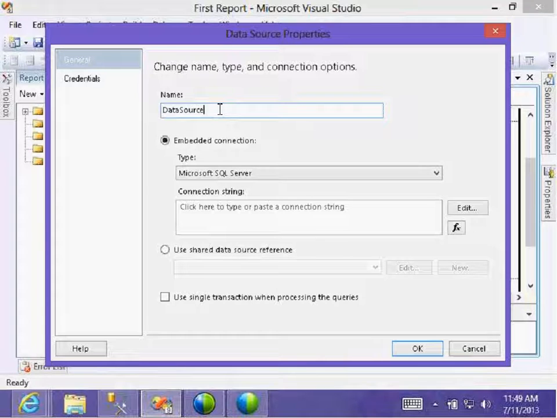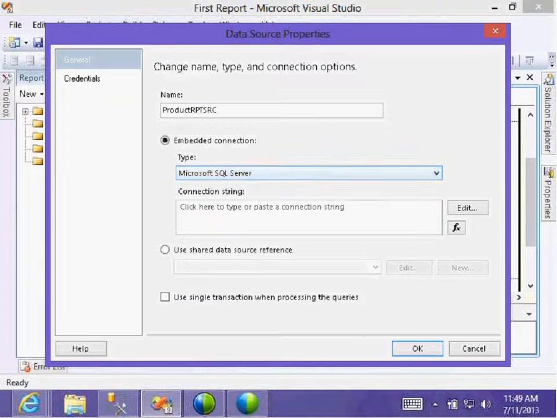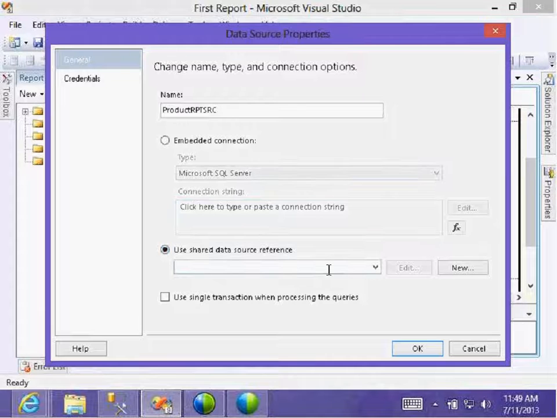Okay. This is the right product report. This source is, then if you want a source for this particular report, then use data connection. Then all the same thing. Or use the shared data source, or you created one data source. If you have one, the data source will be displayed here.